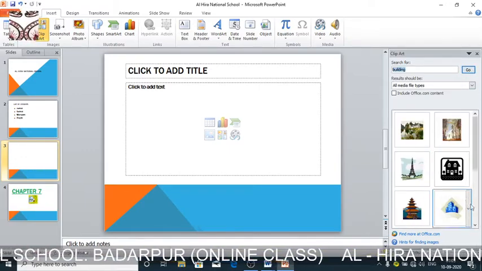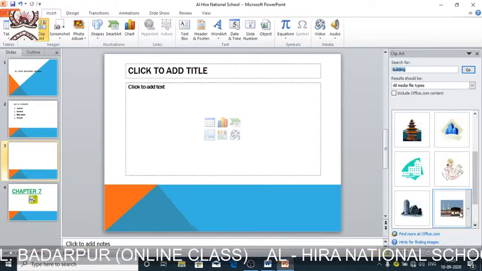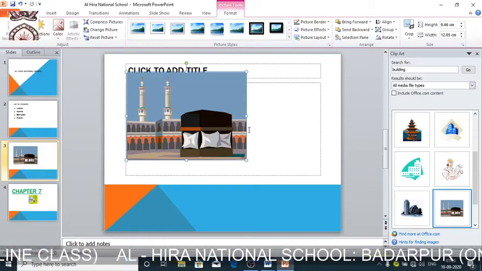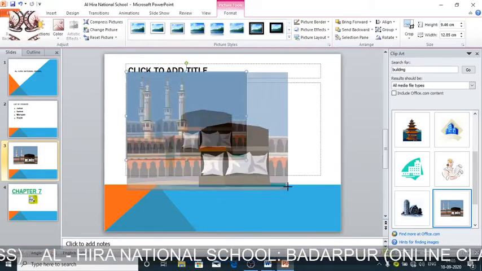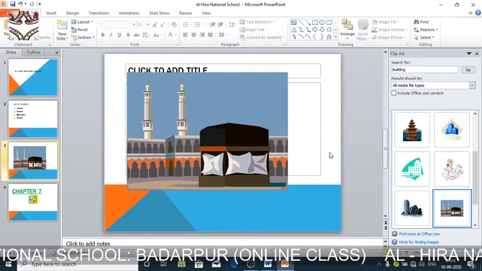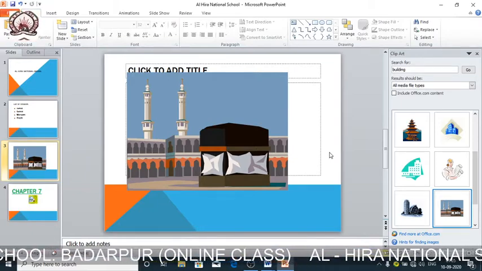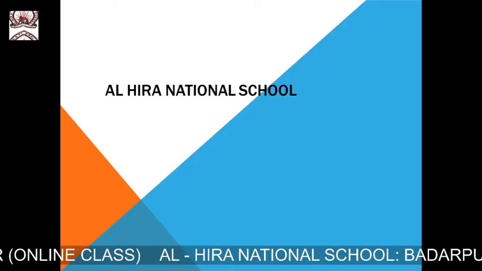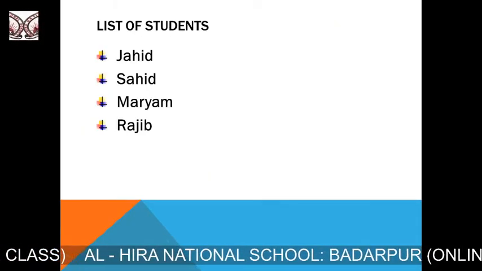So I can take any building, say I'm taking the picture of the Kaaba. So we can also add this picture in our slide. Once we show the slideshow, as we know by pressing F5 we can directly show the slideshow. See, these are coming.